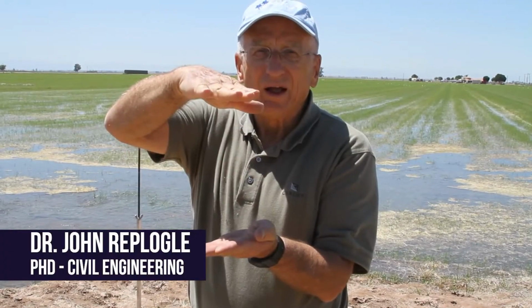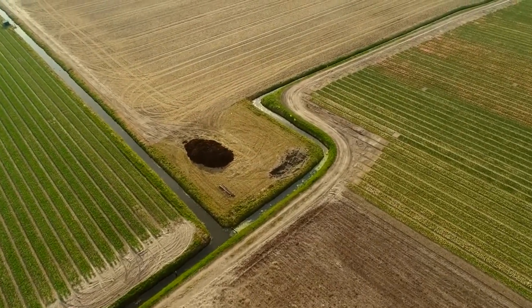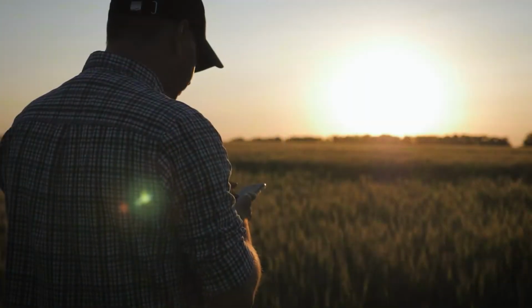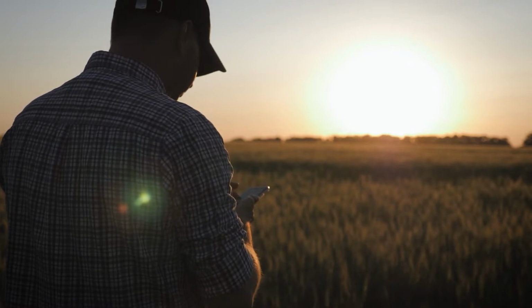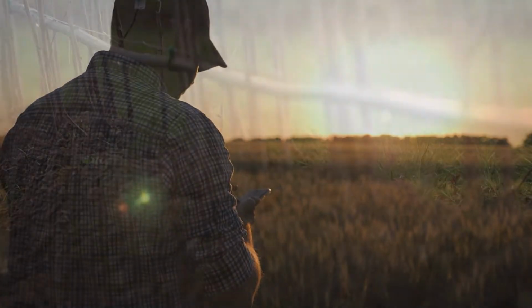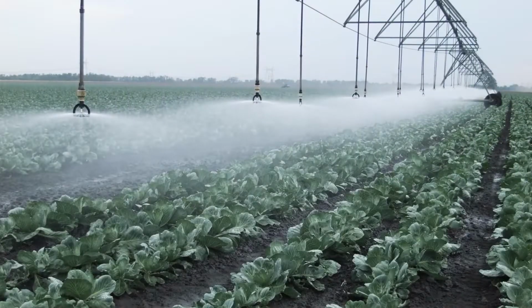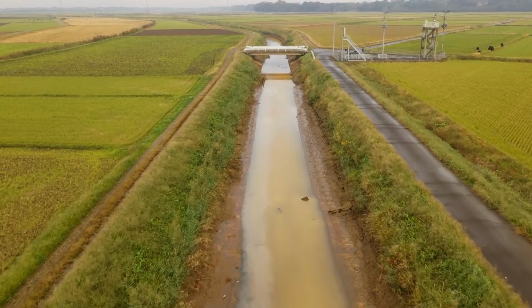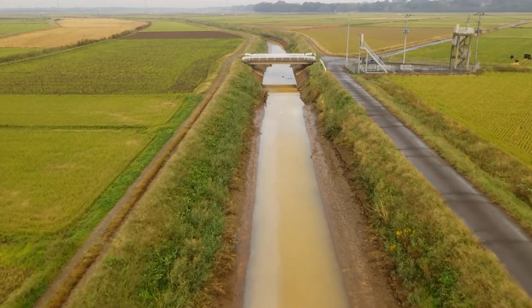Dr. John Replogle has worked for several decades to improve flow measurement technology for irrigation canal systems in California and worldwide. Flow metering can identify good irrigation management and likewise point out where the management needs help. Drip and sprinkler irrigation system management has industrial support. This support is not as easily available for canal systems, usually associated with surface irrigation, that is still dominant worldwide